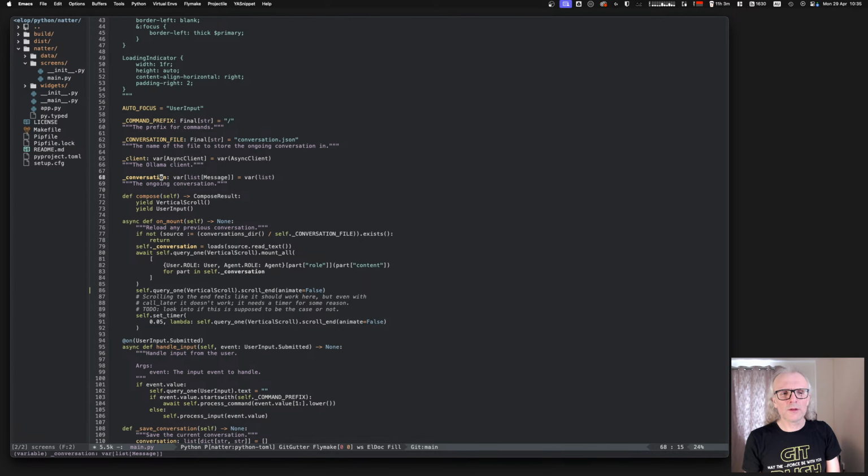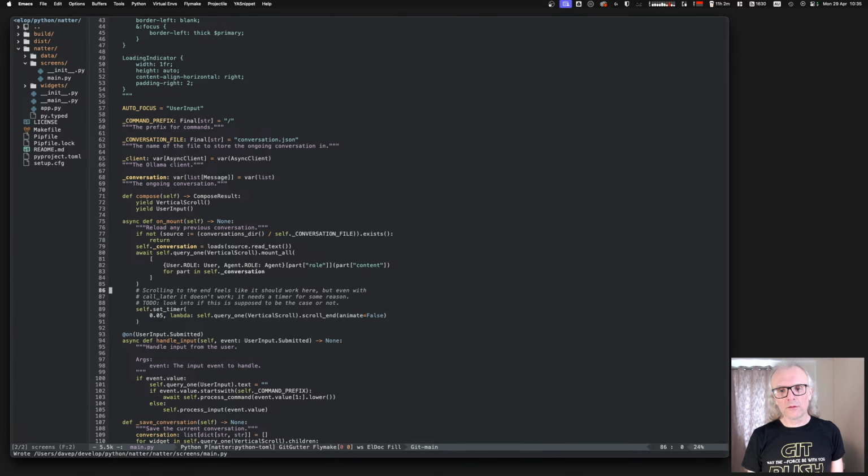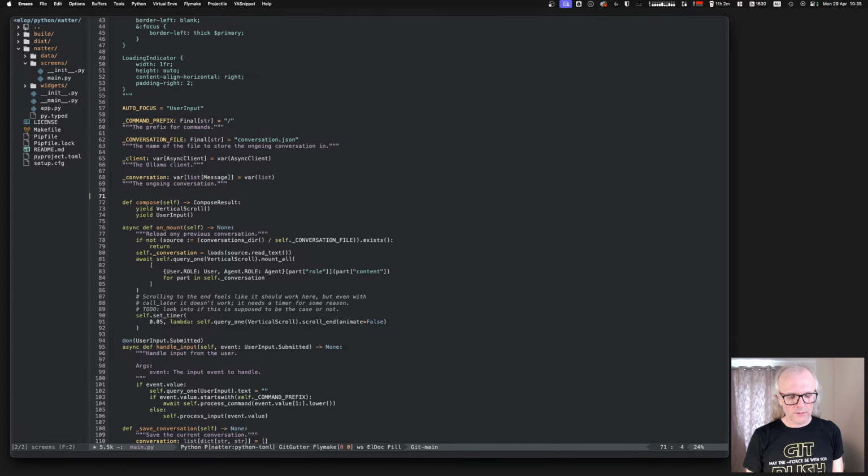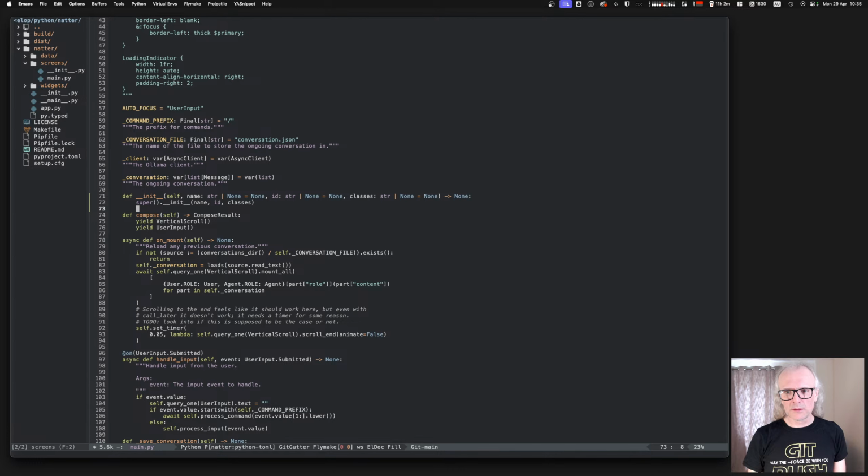This isn't going to be scalable long term. It would make more sense to get the screen up and going, because if I have lots of conversations, I'm not going to load the body of the conversations, obviously. But I'm just trying to see if I can work around this problem with Textual not doing the scroll end properly. So my thinking is, right, I don't need any of that because I know my own screen.